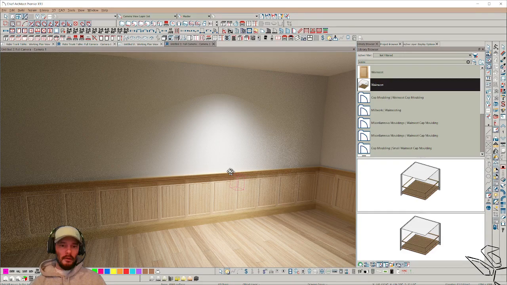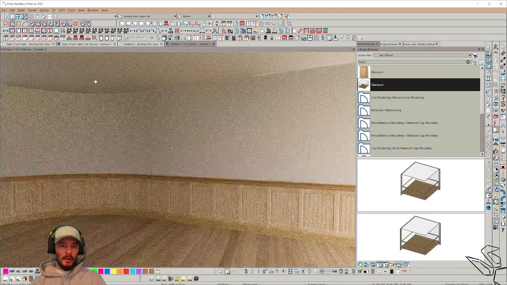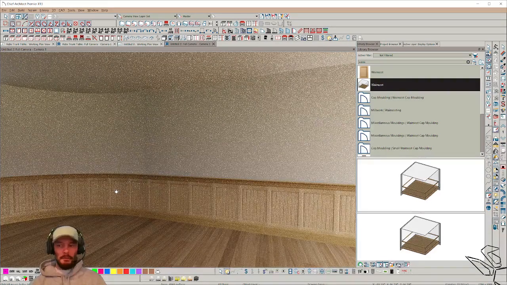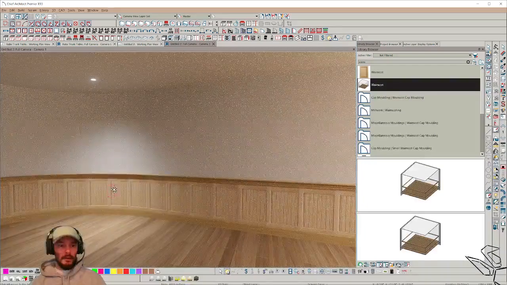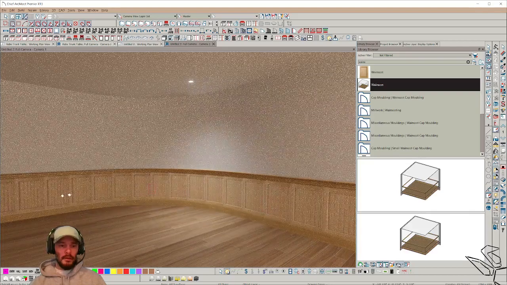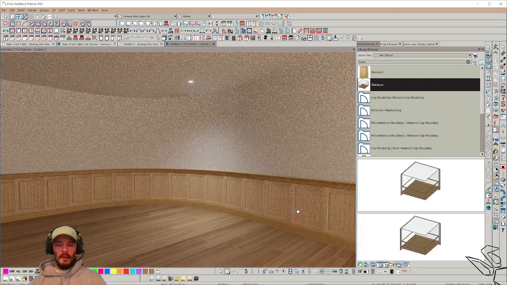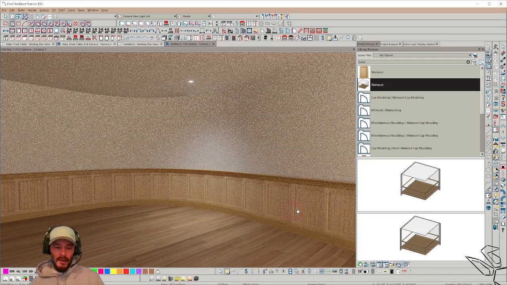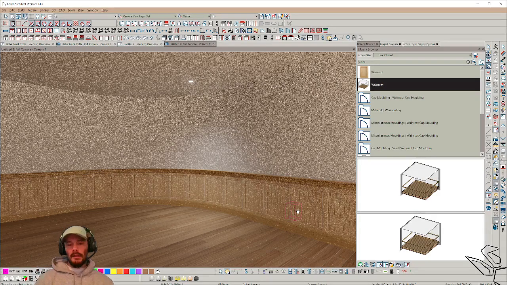And you can see here, it's going to wrap that corner. The corner wrap is not always going to be perfect, but it's usually good enough for a presentation. Look at that. This is just the material we've applied. Keep that in mind. So the next part of this whole setup is saving this as a style palette tool,